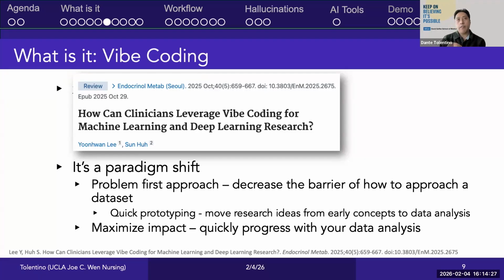And as I mentioned, vibe coding really is a paradigm shift from what we do now when we are coding. What do I mean by this paradigm shift? One, because you're not doing a lot of manual coding, it enables a problem-first approach that moves your research ideas more quickly from concept to data analysis, which for a lot of people reduces a lot of the barriers to working with data sets and fosters an efficient way of doing your data analysis.